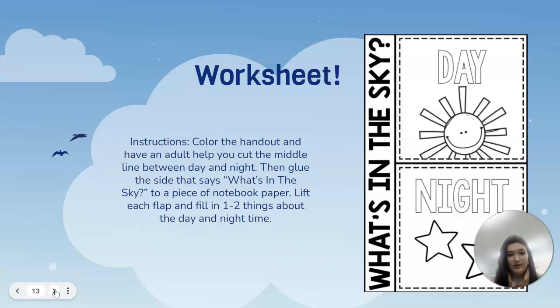I want you to color it, and then I want you to put in it things that you see or that happen during the day on the top part, and then on the bottom part, I want you to put things that you see, do, anything that has to do with the night, okay? So you could put that you're sleeping during the night. You can put that during the day you go to the park. You can put that during the day the sun comes out. You can put during the night that the moon and stars come out. But I only want you to fill in about one or two things for each flap, okay? Now you'll need an adult to help you with this with the scissors and the glue.